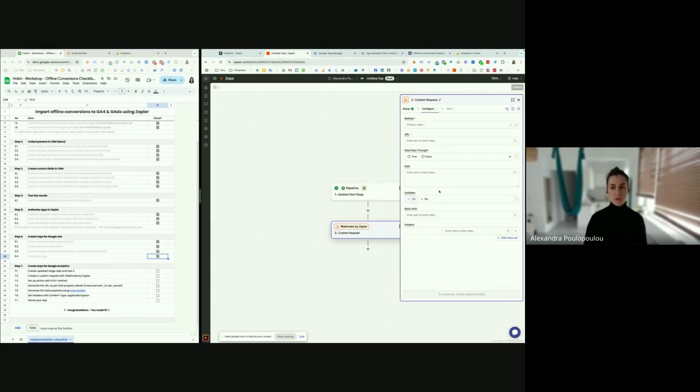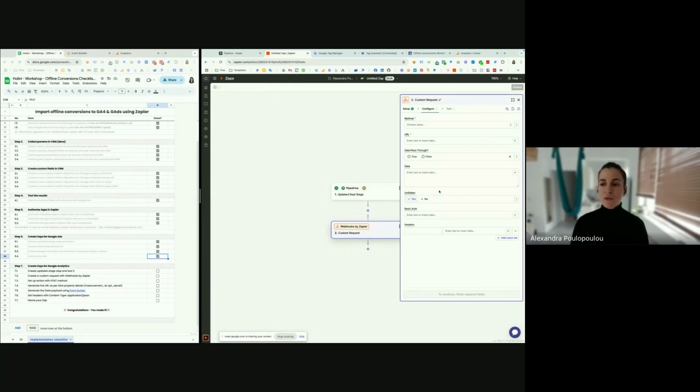To configure our webhook, we are going to use the measurement protocol of Google Analytics 4. For those of you who don't know exactly what the measurement protocol is, it is a method created for GA4 to send offline events from your server directly to GA4.